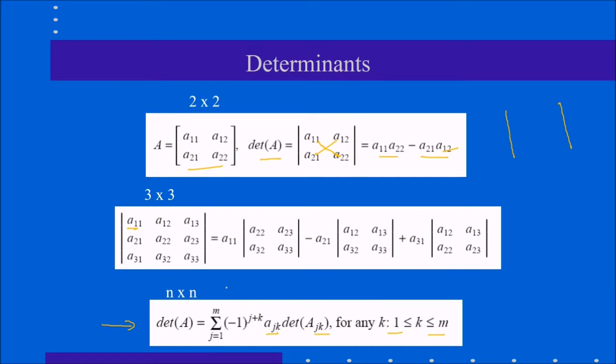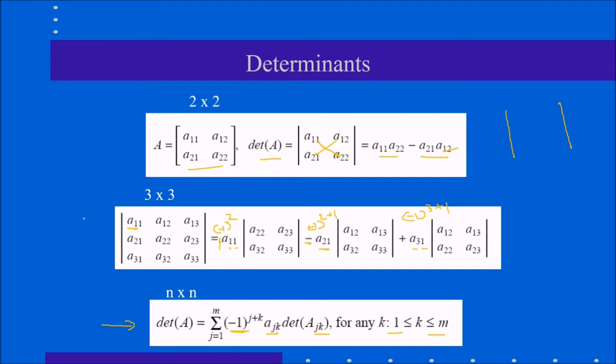So what I am trying to tell here is, first we'll place this value a11, and in front of this I have to place minus 1 to the power j plus k. What is j here? 1, k here, 1, so 1 plus 1, 2. I will place plus here. For a21, 2 plus 1, so minus. For a31, 3 plus 1. What is this? Minus 1 to the power 4 is 1. So here there is plus sign. In front of a21 there is a minus sign because it is minus 1 to the power 2 plus 1, that is minus. What about a31? Minus 1 to the power 3 plus 1, that is plus.